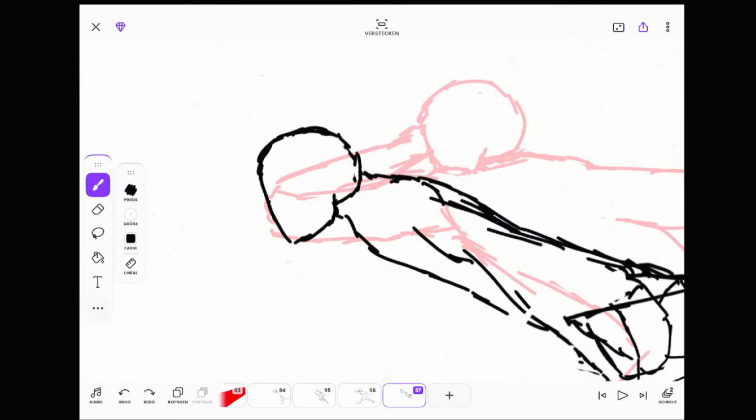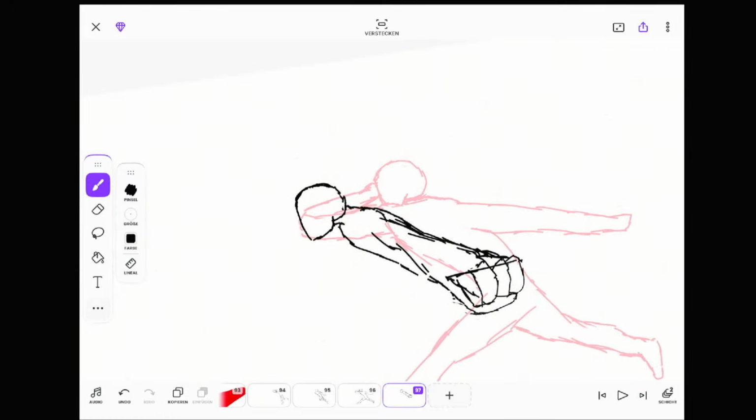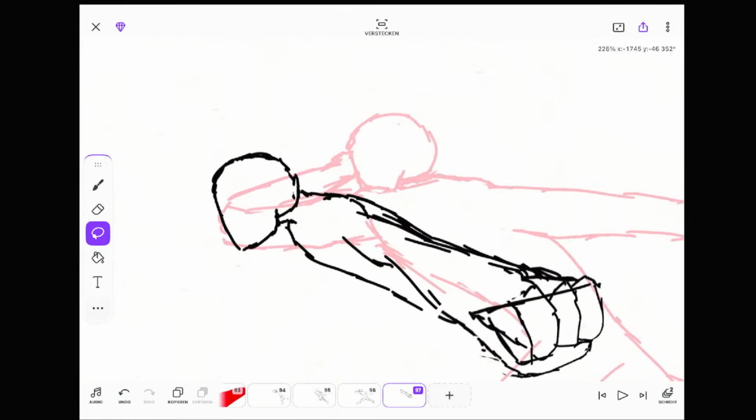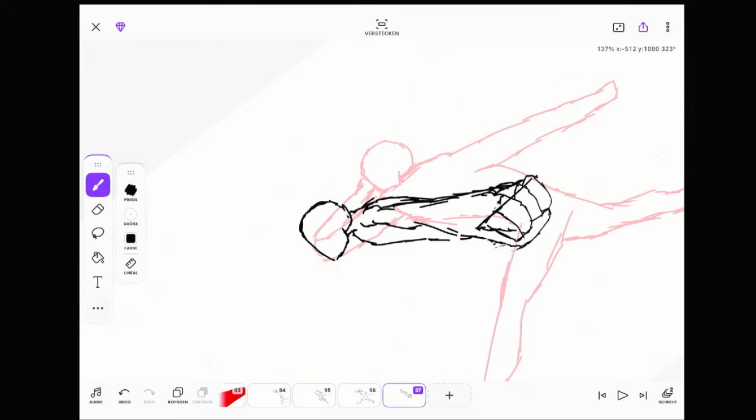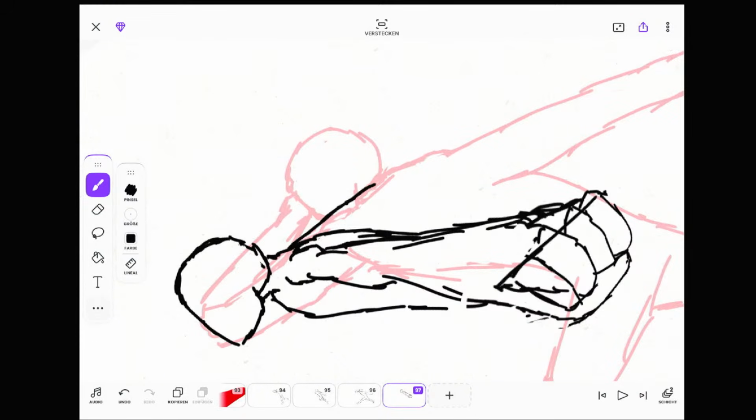Yeah, what I wanted to say. It's really important that you have your poses in your mind when animating. So you can look at some photos from people who are doing the actual movement of an animation. Then you look at how they are doing the poses, because the poses are later on your keyframes.